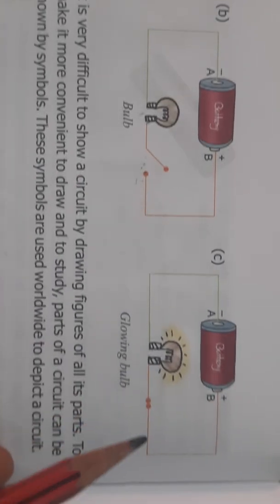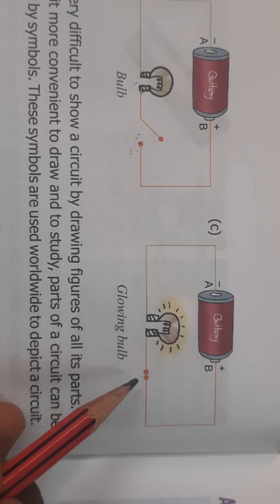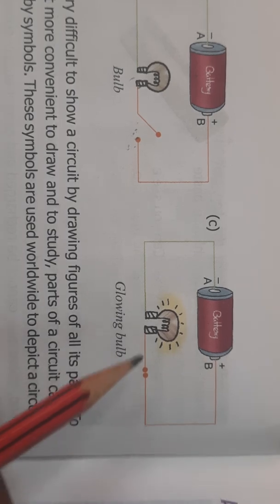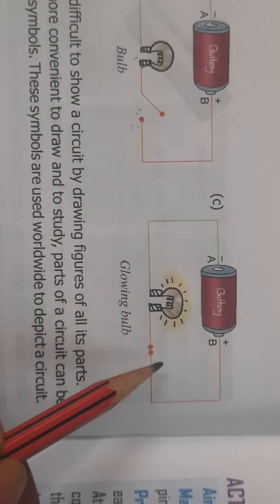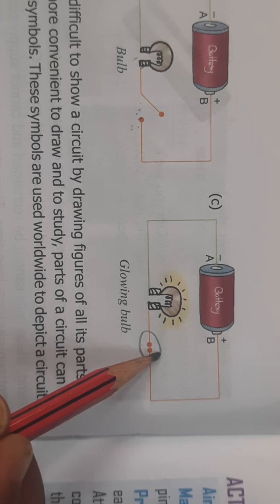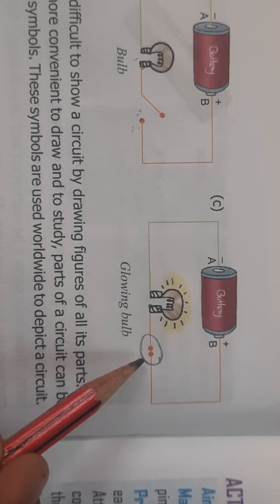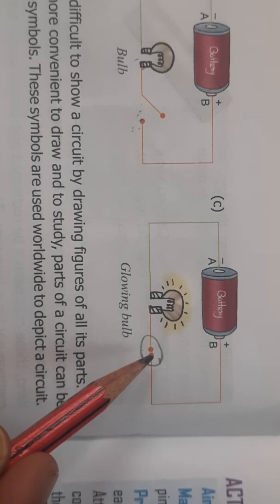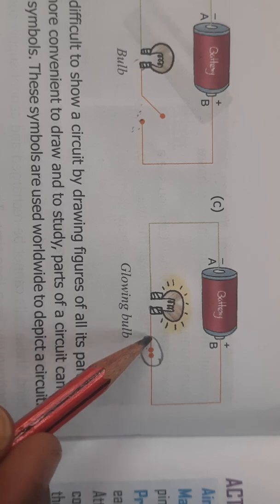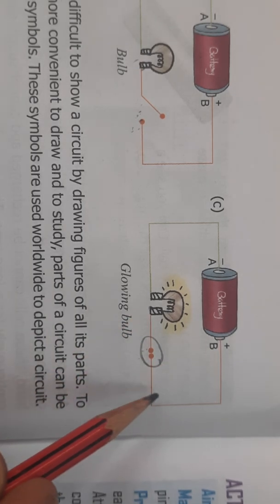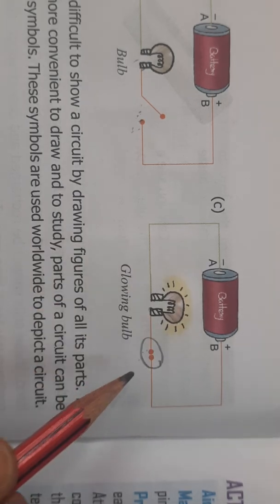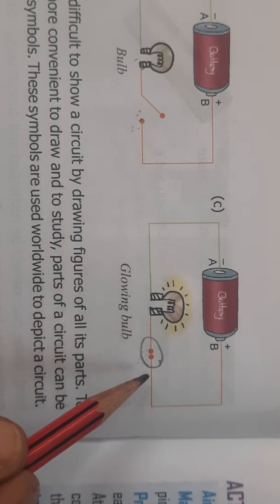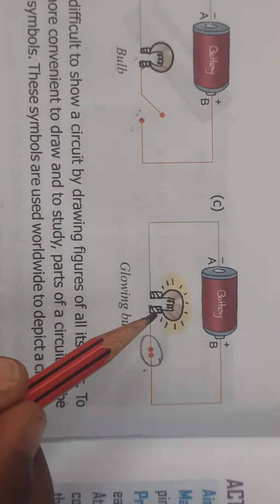Okay, let's come to the third condition. Now look at this figure. You can see a cell, you can see the wires, you can see the bulb, and this shows a closed switch. Closed switch means when you put on the switch, जब switch को on करोगे, this is closed and the current will flow from positive terminal to negative terminal. Here as you can see, there is no break in the circuit. There is not a single break in the circuit. Circuit में कोई break नहीं है, so the bulb will glow.